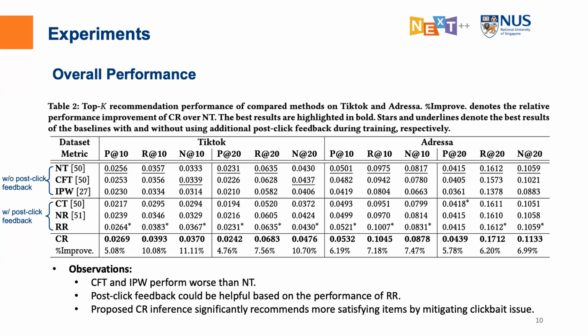Okay, yes, cool. That's the interpretation. Actually, for each user, if an item has clickbait content, because it has attractive exposure features, it will have a higher score, right? It will be frequently recommended. But if we mitigate the effect of the exposure features, it will be excluded from the recommendation list, so it will not be recommended. Okay, very cool. Thanks.